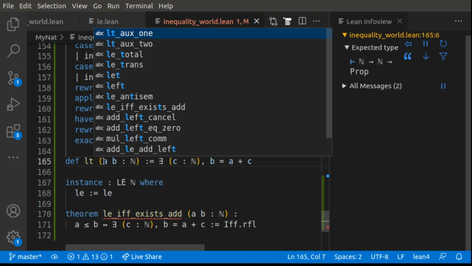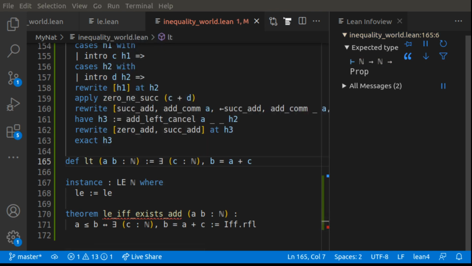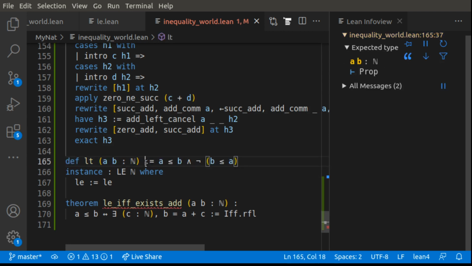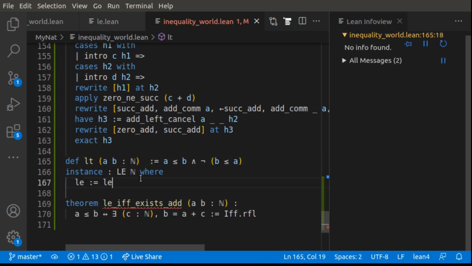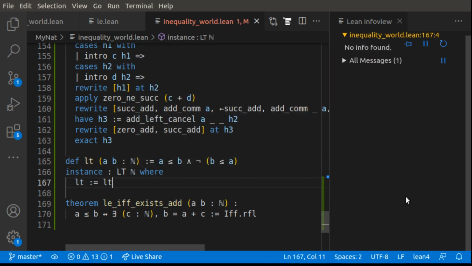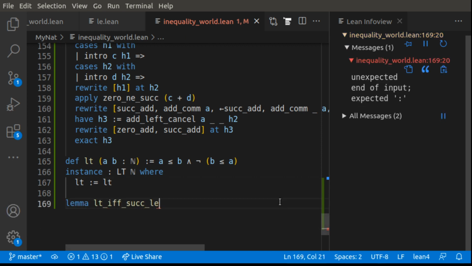Definition less than A B, we'll define it as what we did before. Then we're going to have instance less than and then we're going to have left lemma this. Okay. A, B